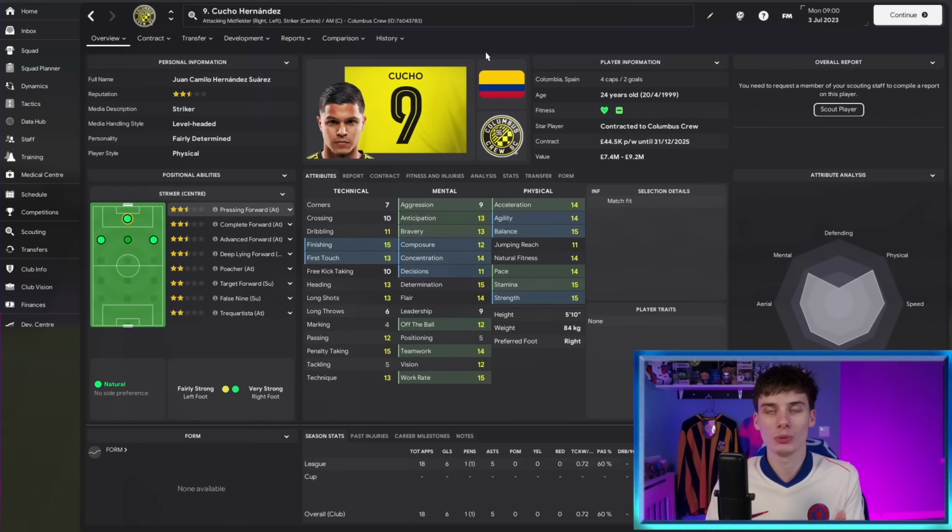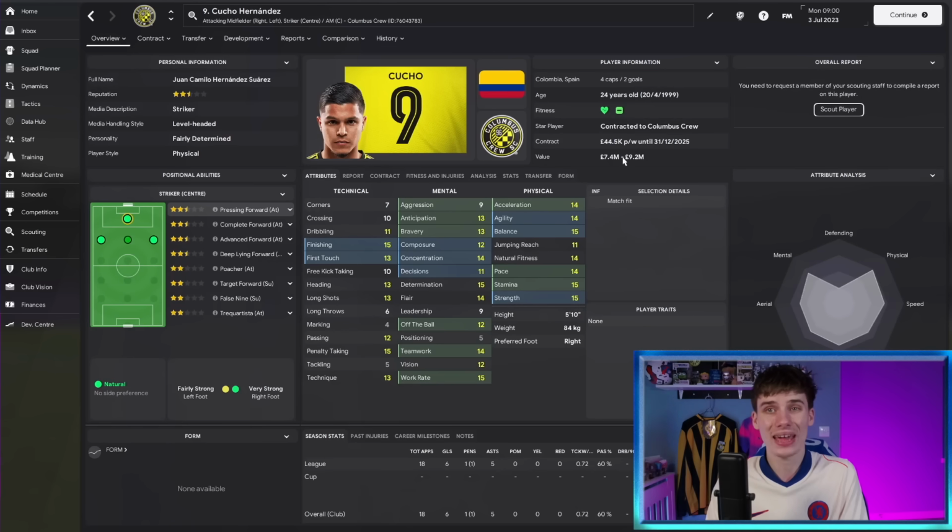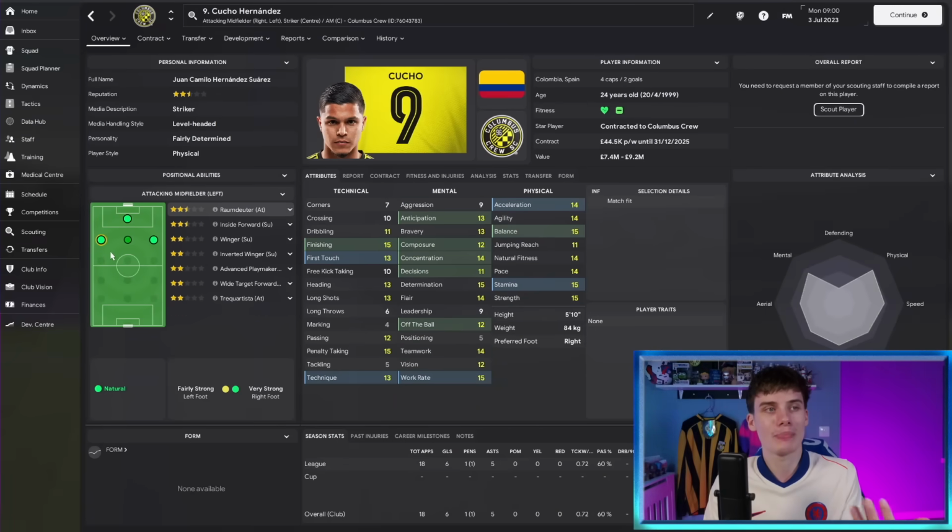where I found him available at Columbus Crew in the MLS. The former Watford man you can pick up for around 8-9 million. I think we ended up paying 10 million in my save, and originally I had him as a backup option on this inside forward channel on the left hand side. I thought that's where he would be best, cutting in on his right foot, but within a couple of years